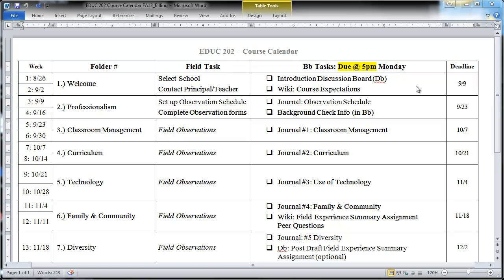All right. So that pep talk aside, the first 2 weeks, pick your school, contact the principal or the teacher. If you know a teacher and you want to observe them, a teacher maybe someone in your family had before that you knew was really great, fantastic. You may contact the teacher first, but you always have to run it through the principal because they need to be in the loop, number one, and number two,